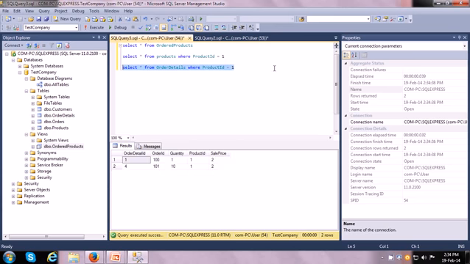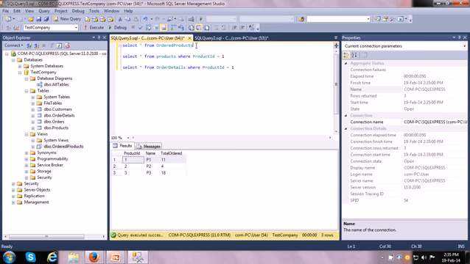Let us run this query and we get 2 rows. There are 2 order detail line items which have the product ID of 1, and if we add up the quantity, here it is 1 and 10, so this is 11. So in our view ordered products, it should show the total ordered quantity as 11 for product ID 1. This is what it is showing here. So the view is working correctly.